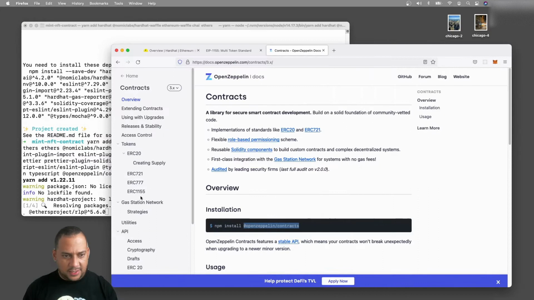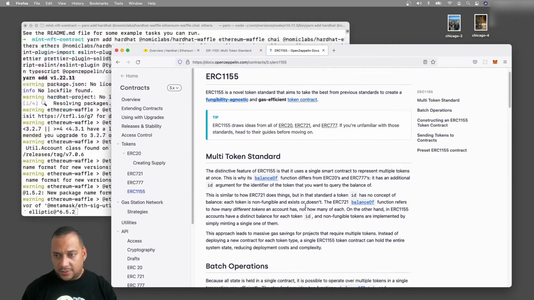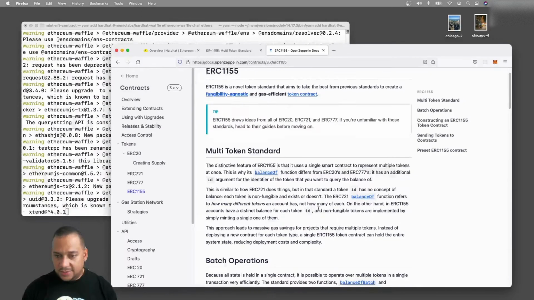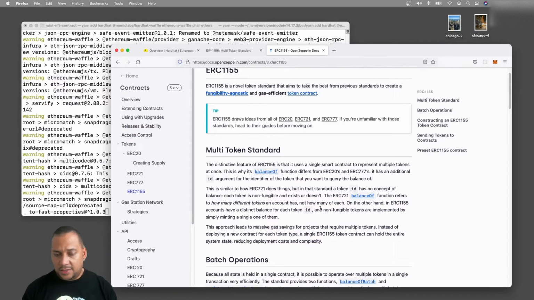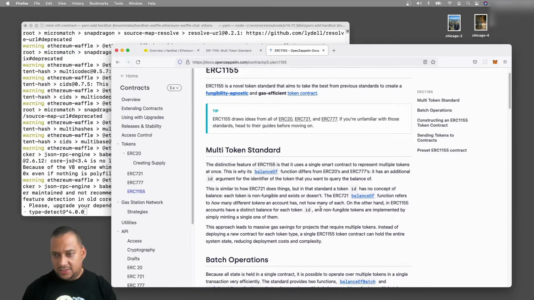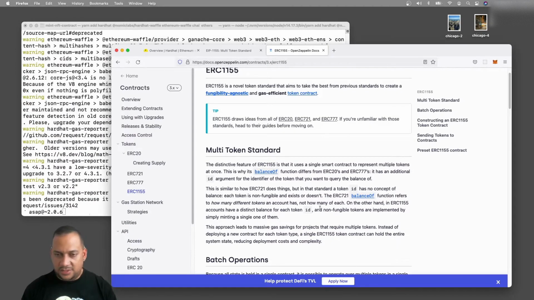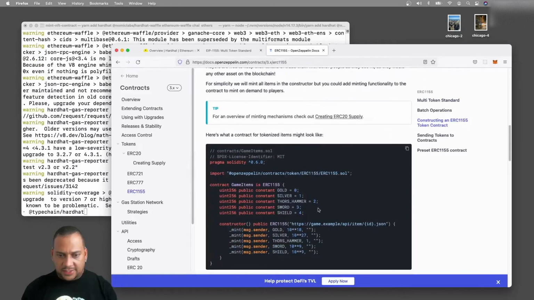dependencies. In the meantime, let me show you how our contract will look like. ERC 1155 is a multi-token standard. That means that with a single NFT contract, we can deploy several tokens. And in the case of our application, every NFT will be a different token with IDs going from 0, 1, 2, etc., depending on how many NFTs we create. And the contract will look pretty much like this.